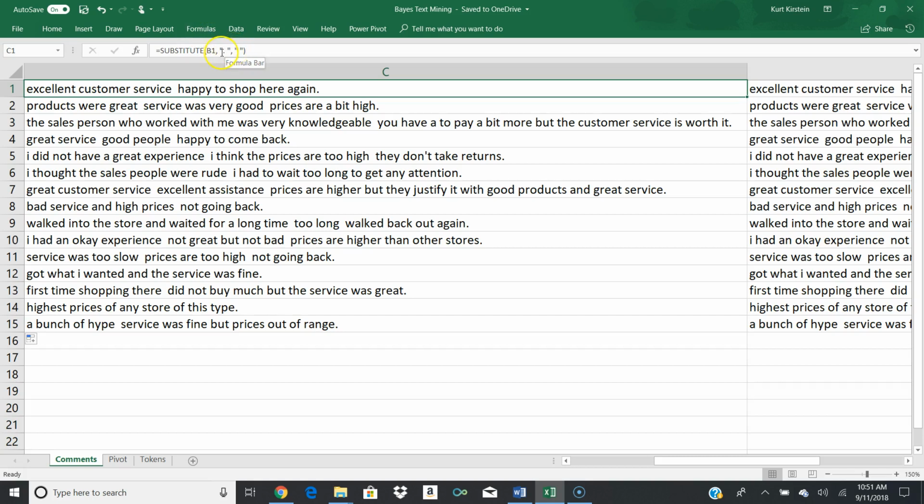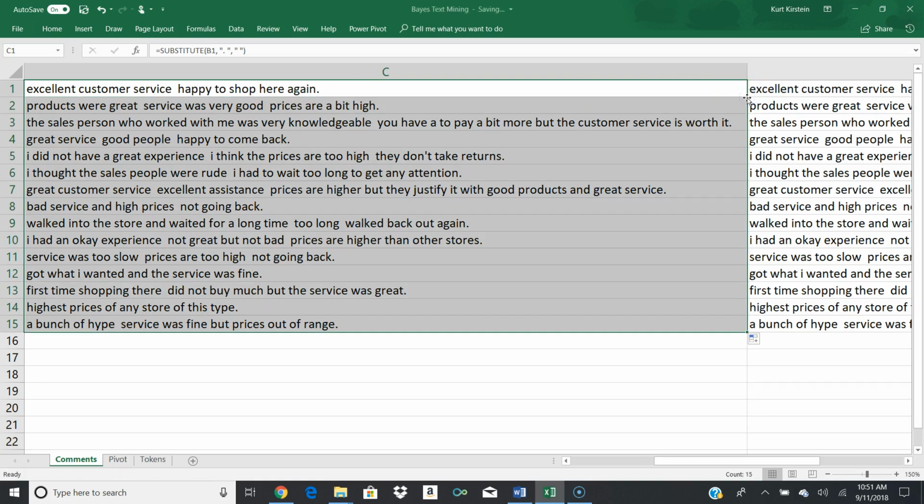So we're going to take two characters, the period and the space, and we're going to substitute in just a single space. And that single space will become important as we parse through the file and we identify words, because it's going to be the spaces that are the indicators of the beginning and the ending of words. So we'll go ahead and run that, and we get that done on C1. Then we can go over to the lower right-hand corner, double click, and it takes it and applies